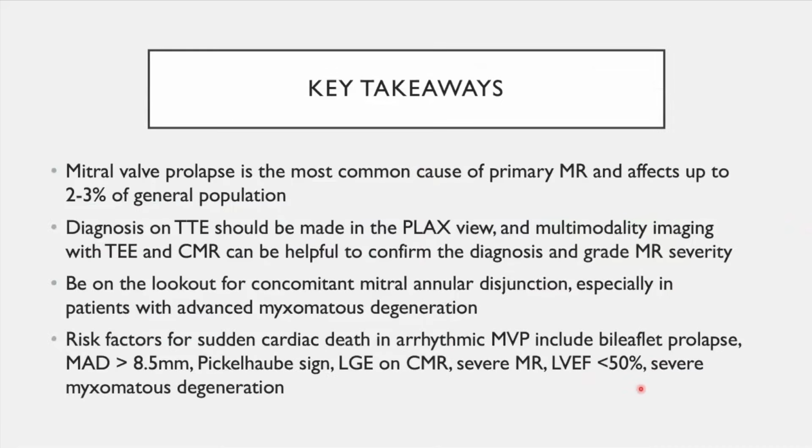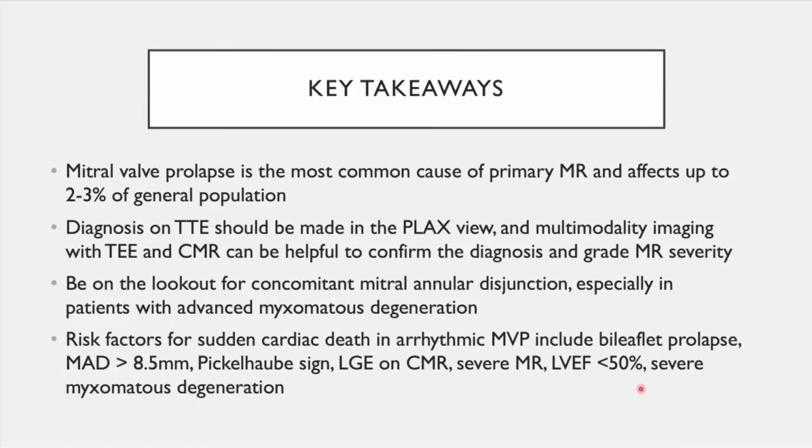Okay, and then coming to our key takeaways here. What I want to leave with you today is that mitral valve prolapse is the most common cause of primary mitral regurgitation. It affects up to 2 to 3% of the general population. Diagnosis should be made on transthoracic echo in the parasternal long axis view, and then multimodality imaging with transesophageal echo and cardiac MRI can be helpful to confirm the diagnosis and grade MR severity. I want you to be on the lookout for concomitant mitral annular